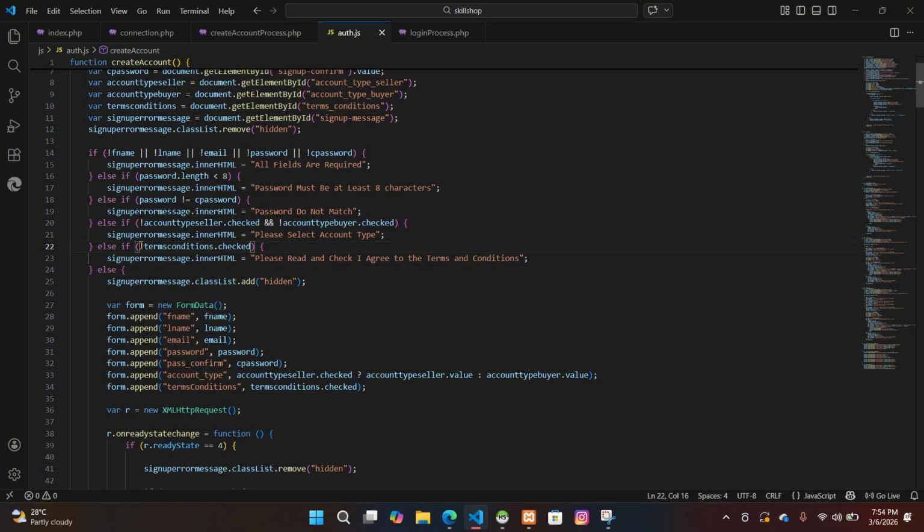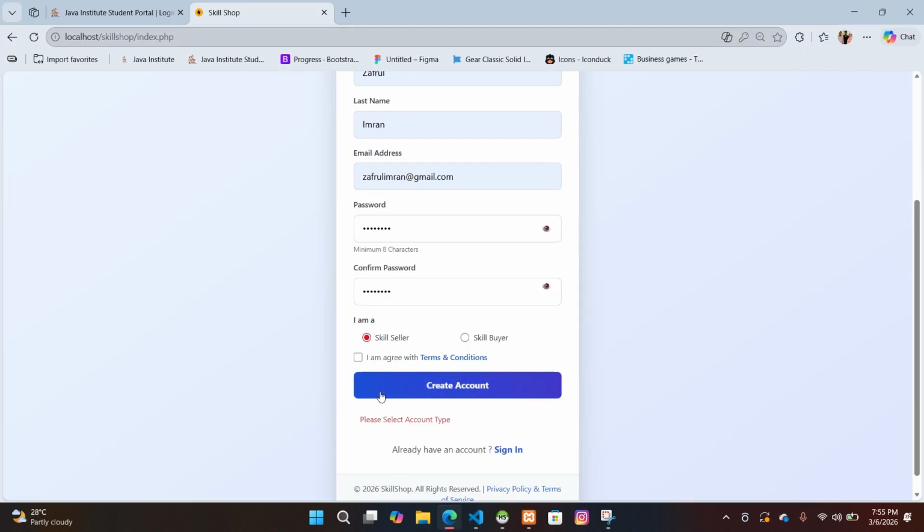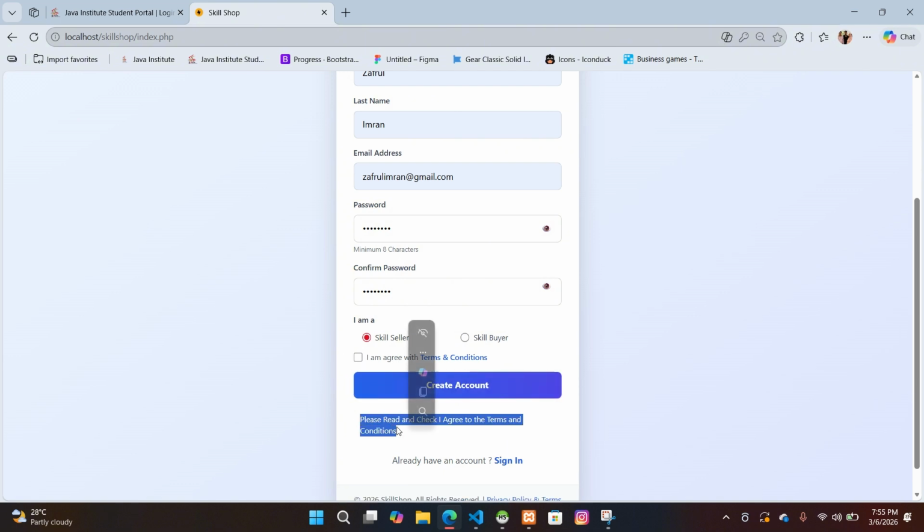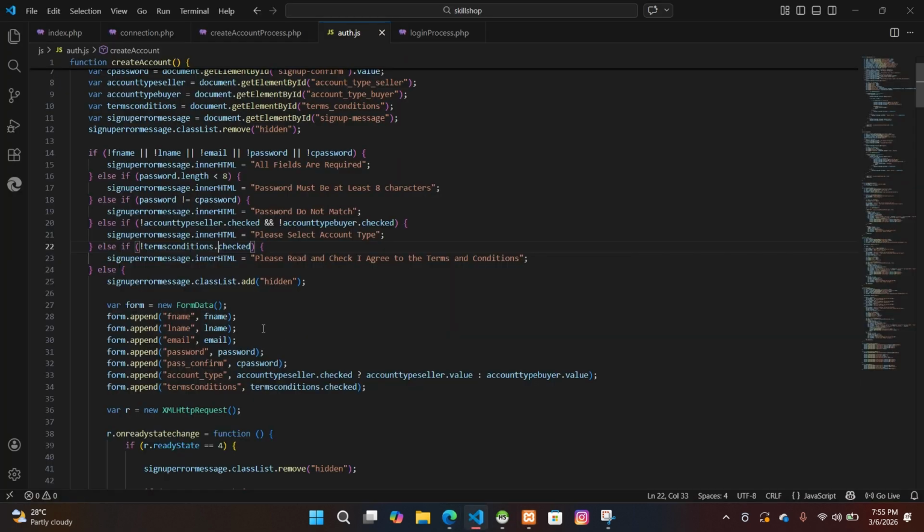And here we have terms and conditions not checked. Here we have given exclamation mark in front, so it will be saying like not checked. So if it is not checked, it says please read and check I agree to the terms and conditions. I haven't selected this, and here it's saying please read and check I agree to the terms and conditions. I give check, and if all of these are correct, the sign up error message will be hidden, and then